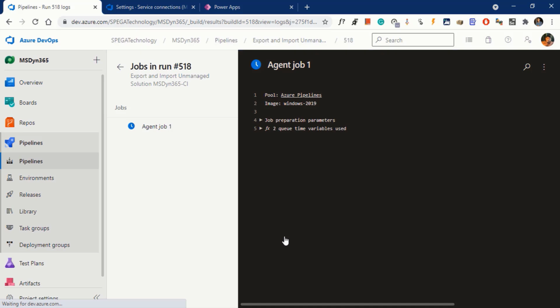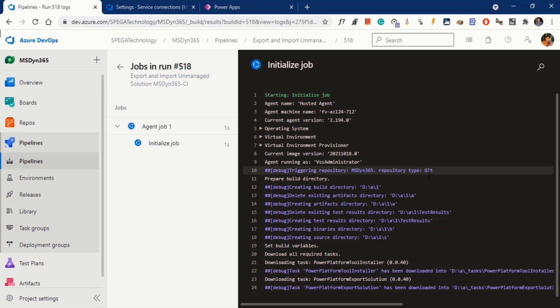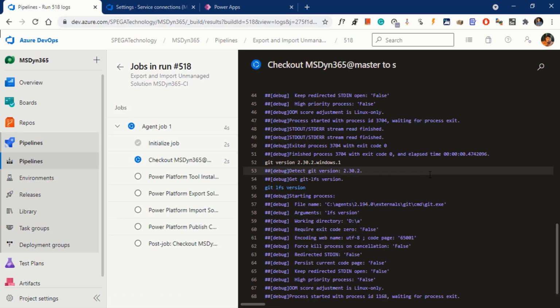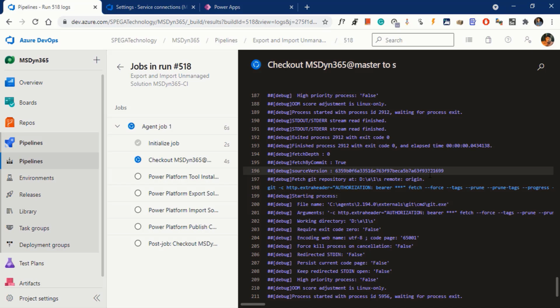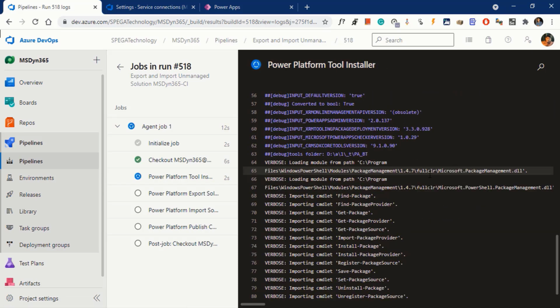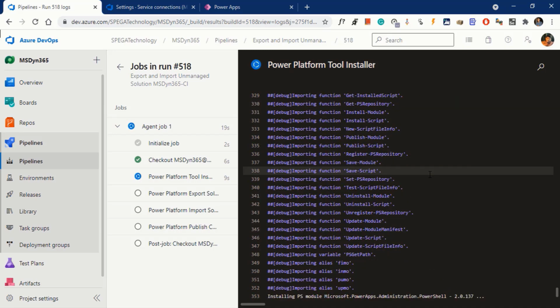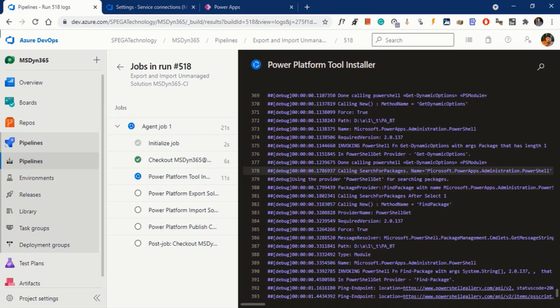The pipeline has started to execute. It's installing the Power Platform tool installer.